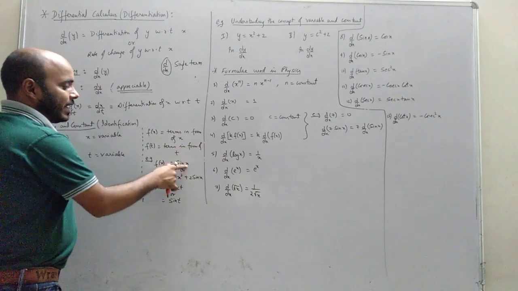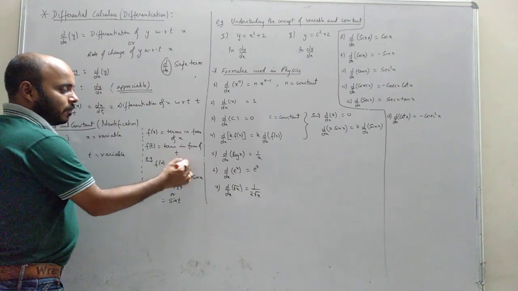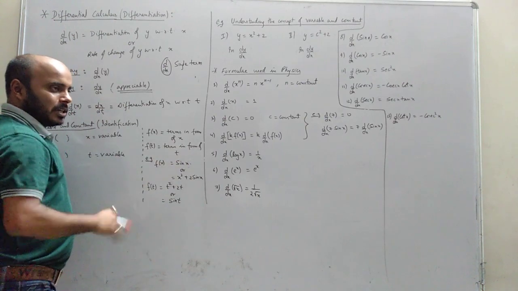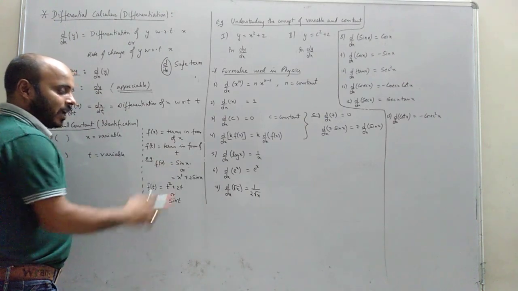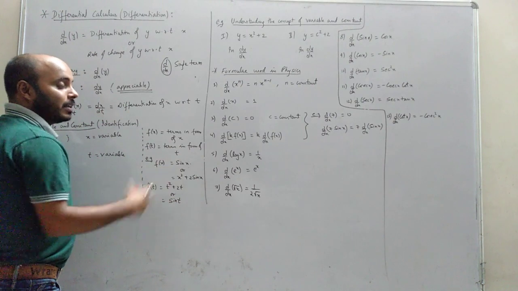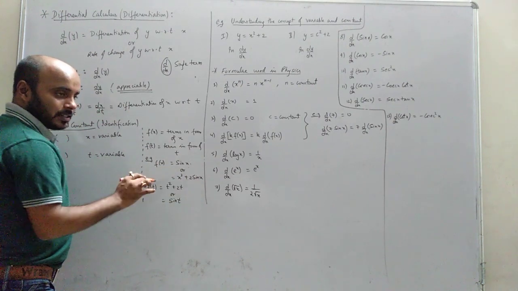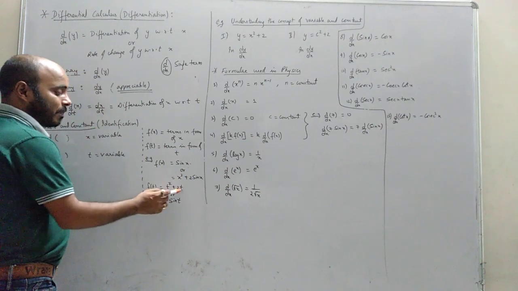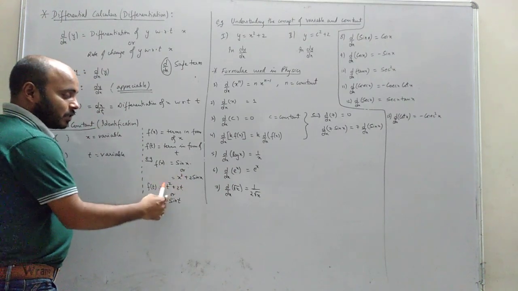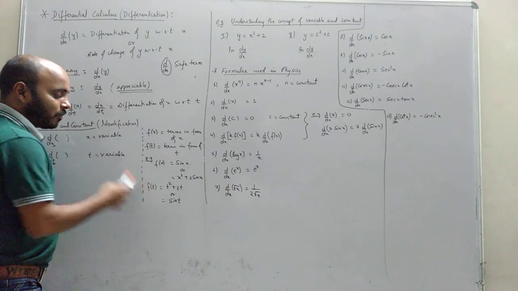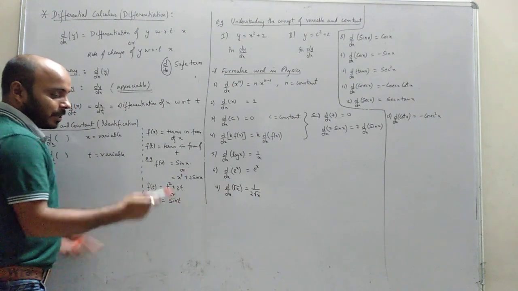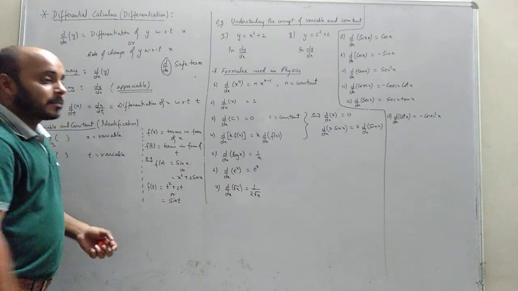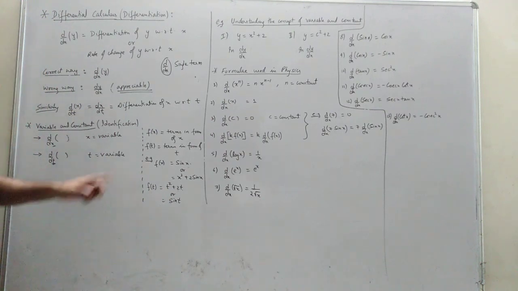For example, sin x. Here we have one term which has x. That means it is f of x, something in form of x. Then x square plus 2 sin x. Again, this is something in terms of x, so it is f of x. Similarly, t square plus 2t. Again, this is something in terms of t, so this is f of t. Or sin t, something in terms of t. This is f of t. Clear class? So you understand f of x.